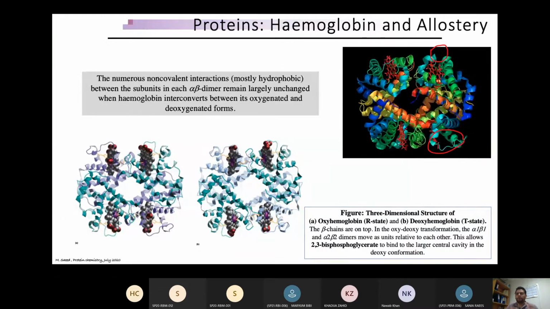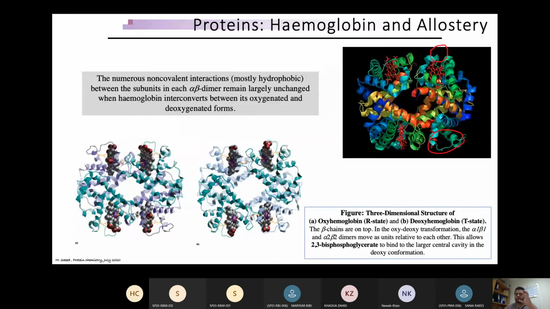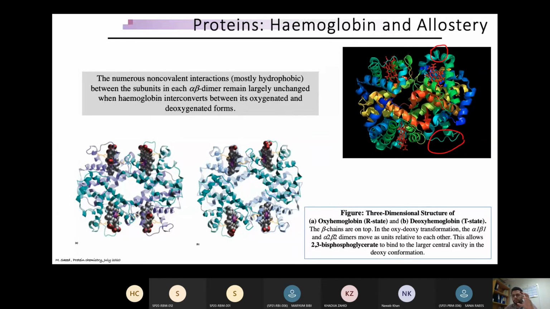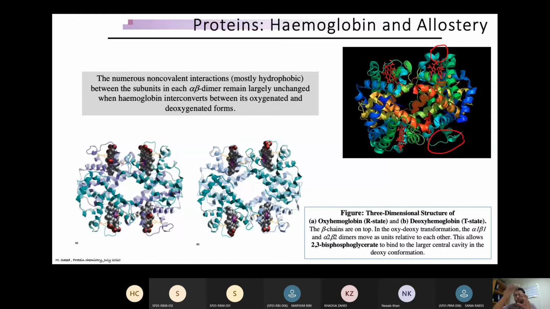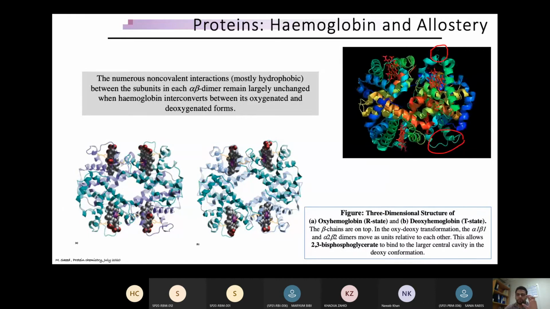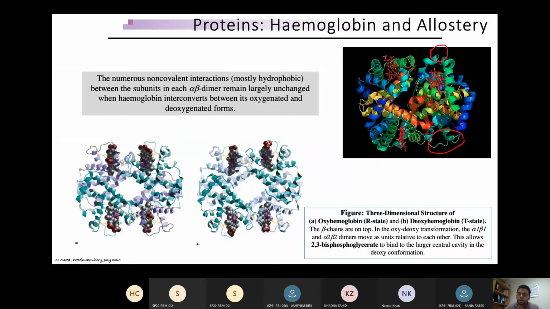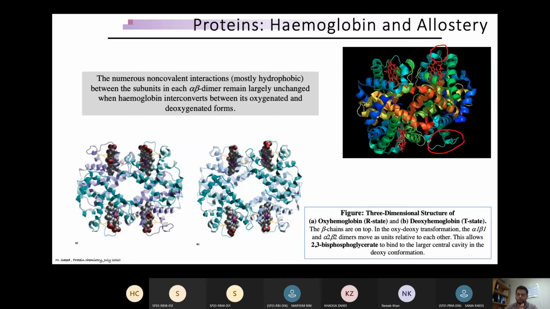That means in myoglobin, once the iron was bound, there was no further interaction. That is why this iron was quite stable. This oxygen was quite stably bound to the iron. But in hemoglobin, non-covalent interactions are present. That means these non-covalent interactions could somehow interfere with the oxygen binding to this iron molecule.